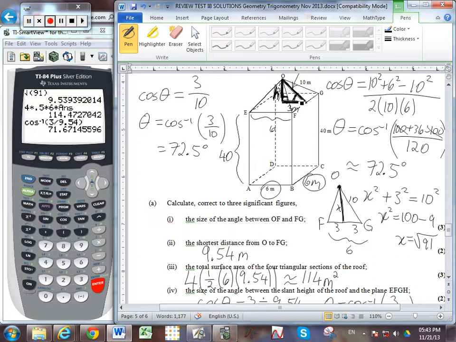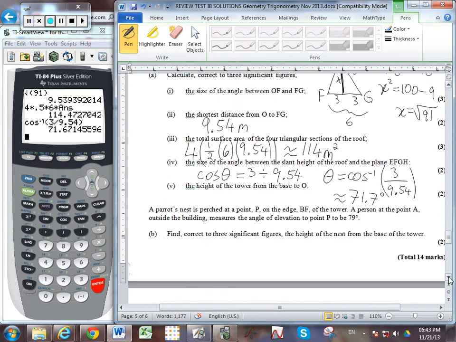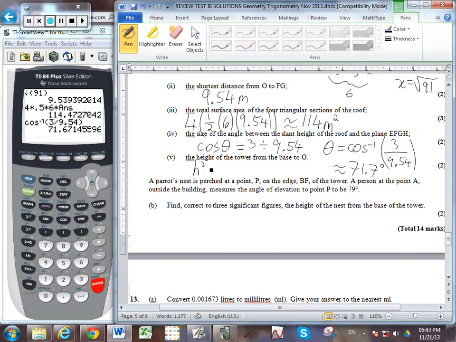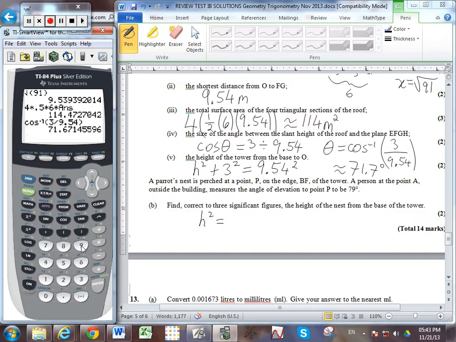I know that my, let me think for a moment. Oh yeah, I guess I could use the angle measure that I've just got and use SOHCAHTOA, or I could do Pythagoras. You know what, I'm going to do Pythagoras because I just did SOHCAHTOA, didn't I? And so the height squared plus the 3 squared is equal to the hypotenuse squared. And so that means that the height squared is going to equal the hypotenuse squared, that's 9.54 squared, minus the 3 squared, and that leaves us with